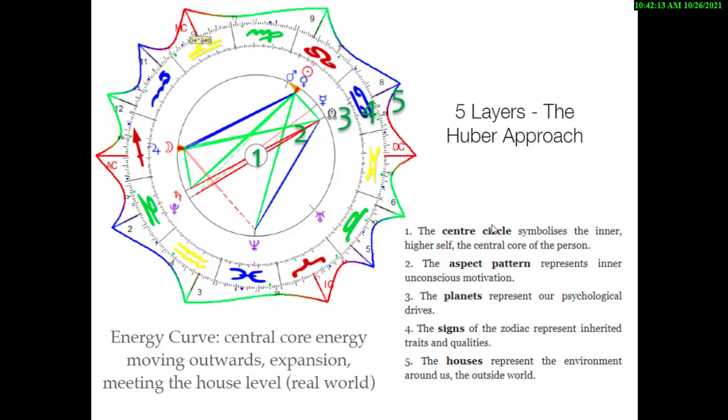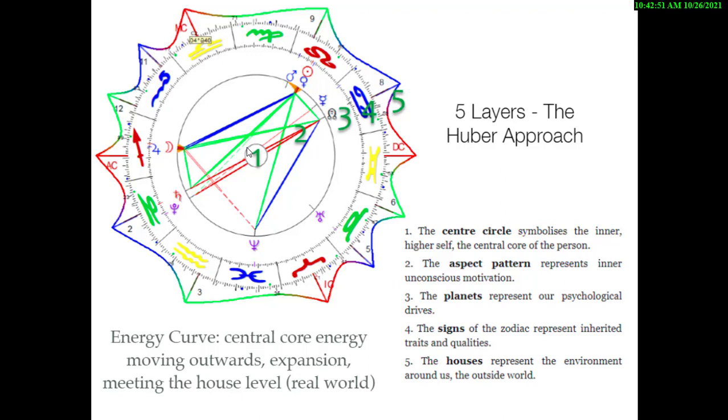In the Huber normal birth chart, I'm going to walk you through the 5 layers because I do realize it is a bit different if you're coming from other astrologies, traditional or modern, especially with having the house system on the outside like this. So let's unpack this. There are 5 main layers, and in the center, this white dot represents the soul, the Atman, the inner higher self, the central core of the person, whatever name you want to use. We don't draw aspects through it. We hold that there is an intentionality